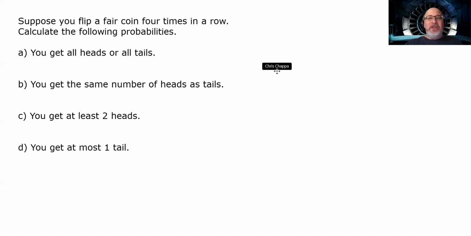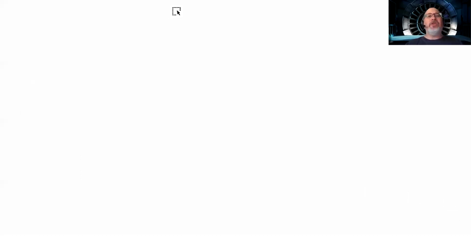Well, this experiment consists of 4 quote-unquote decisions to make. What are you going to get on the first coin, the second coin, the third coin, or the fourth coin? And as a consequence, we're going to use a tree diagram. So how do you draw a tree diagram for flipping a coin 4 times in a row? It's actually pretty easy. You start with the root on the top, like you do with any tree diagram. And then for the first coin,